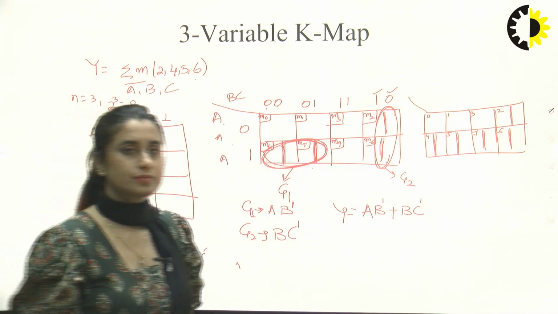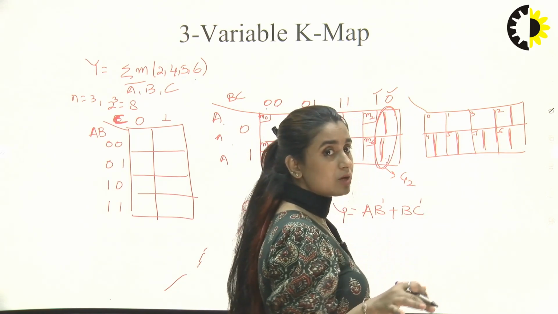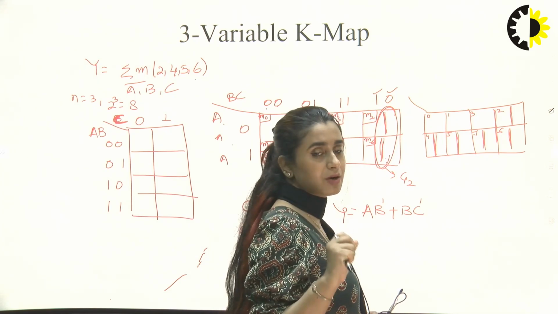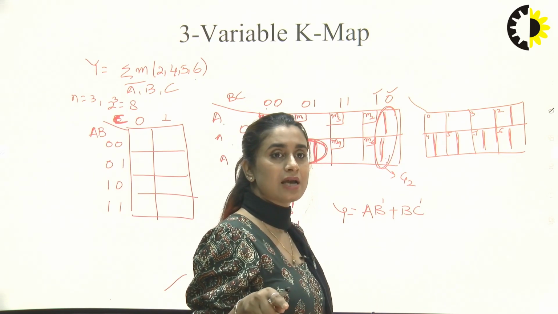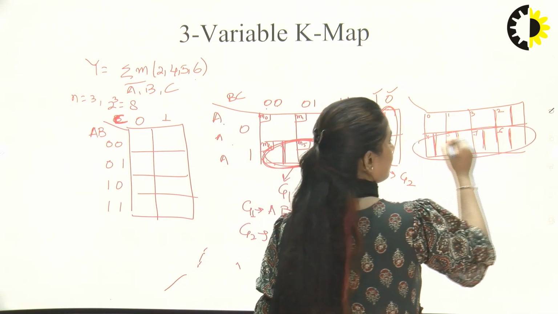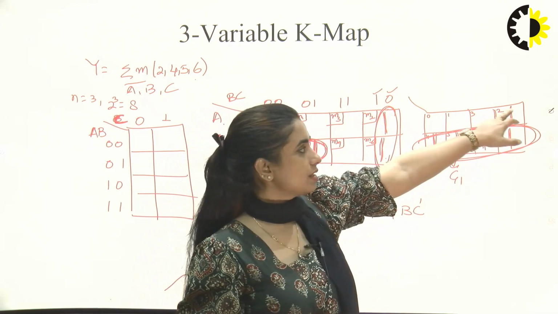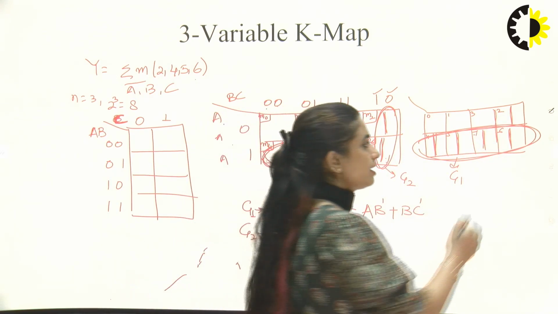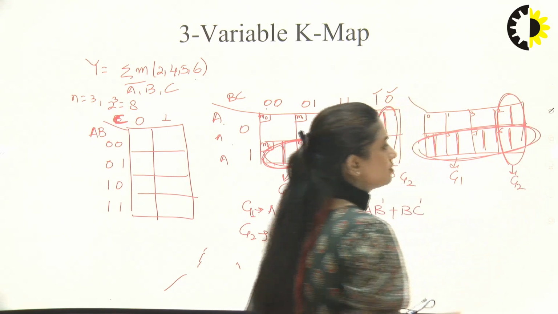Now there is a possibility that I make a pair of 2 once and here again a pair of 2 once. This way I'll have to make more pairs, and each group has fewer ones, which is avoidable. I'll have to make fewer pairs and more ones in one pair. So I'll make a bigger group of 4 ones and name it group 1. And there is one single one left at this position. To cover that, I'll make a pair with one of the already covered ones. This I name group 2.